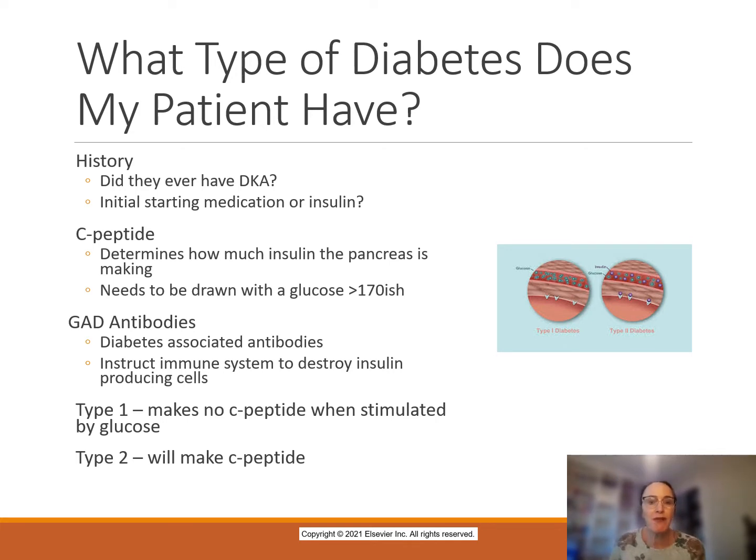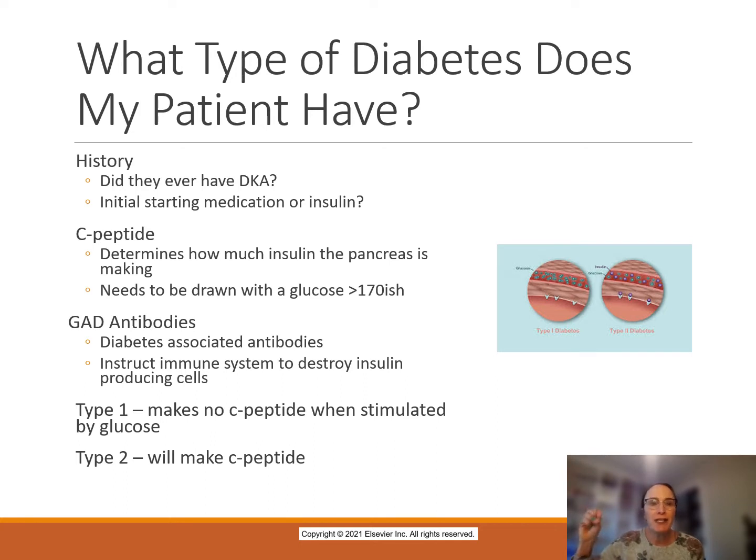So how can you tell for sure? Well, there are some tests that we do that can sometimes help us determine whether or not a patient makes insulin. Remember, if they make insulin, we can use some of the agents I'm going to be talking about soon. A C-peptide is a test that determines how much insulin the pancreas is making essentially. Typically, it needs to be drawn with a glucose. And the reason why is